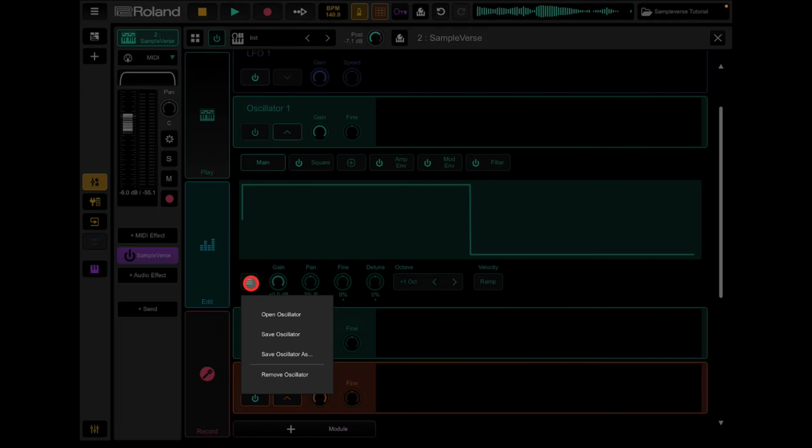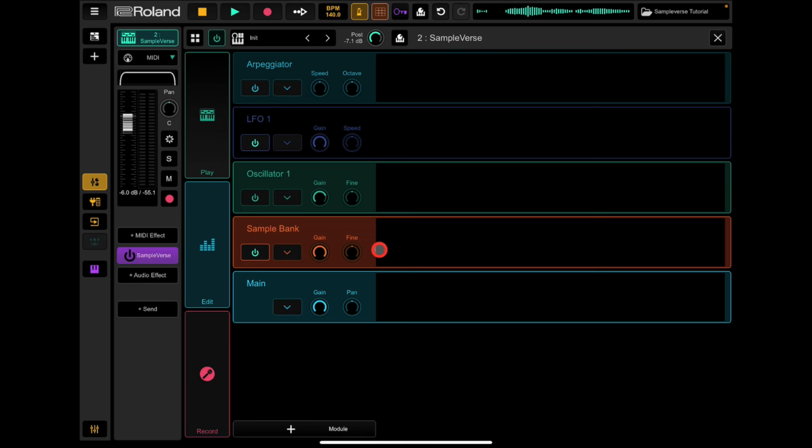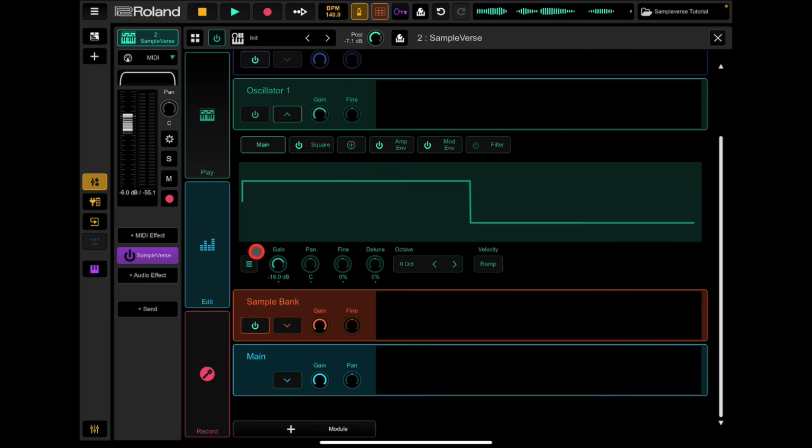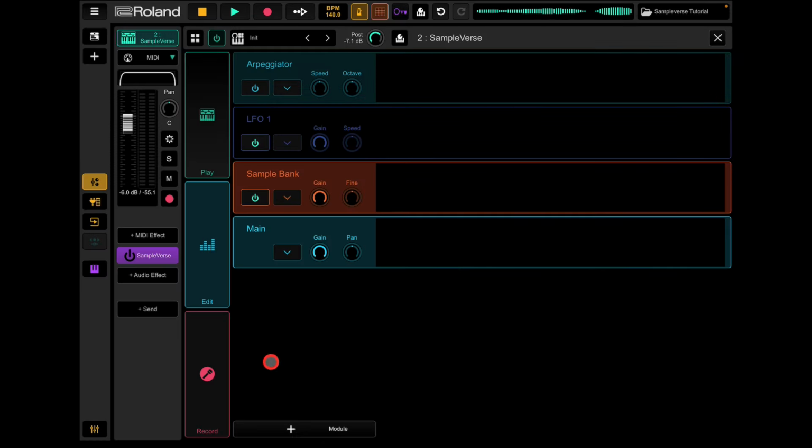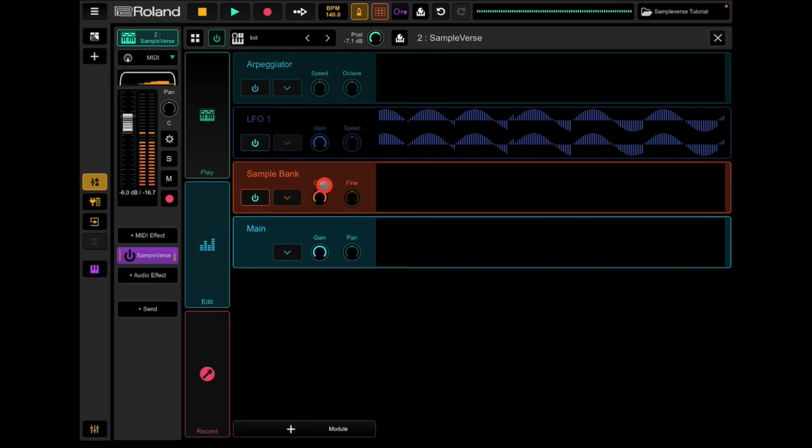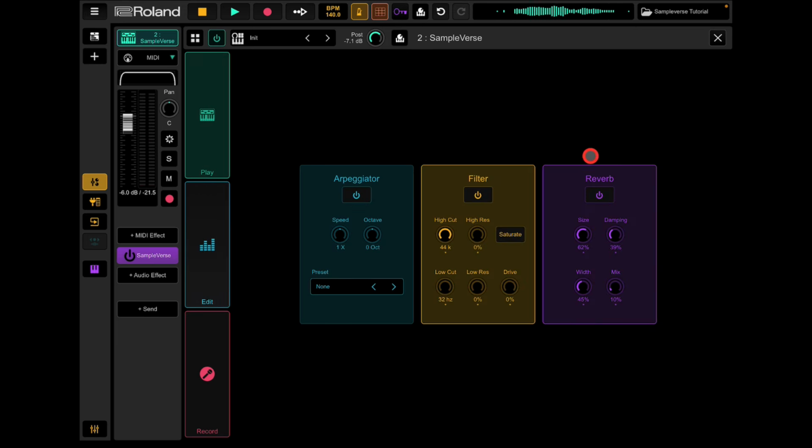We can also obviously just dead easily remove the oscillator from the equation. Again, with this one, you're not limited. You can go in here and just remove it. And now you've just left with your sample bank. If we go back to play and switch reverb on,